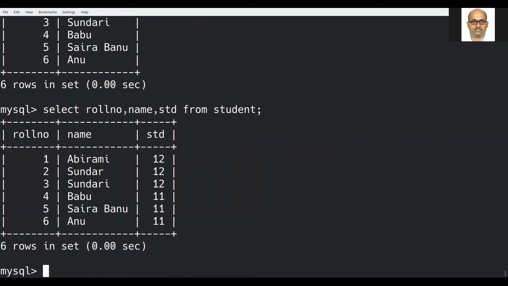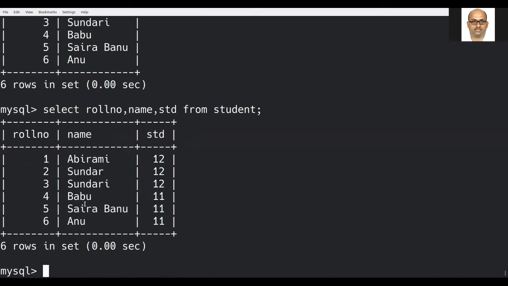See, either the standard should be 11. Now all the 3 records with respect to standard 11 will get displayed. Or the other condition which I have given is roll number less than or equal to 4.